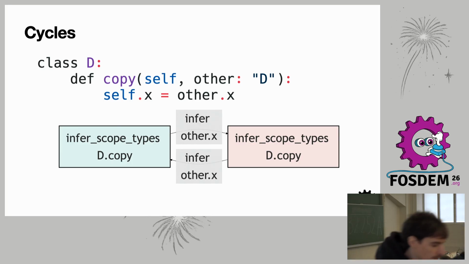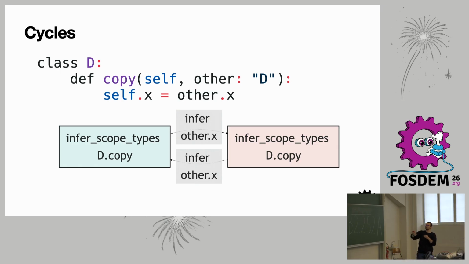Here's another big problem that you would face in type checking, and that is cycles. Cycles happen usually when you have a thing that refers to itself, and although it might seem confusing, this can actually run as a Python program because someone can make an object of D and then assign X to it outside of this class, and then create another object and just call dCopy with the other object that they assigned the X to. And this can work, but from the perspective of a type checker, if we put ourselves into the shoes, it would be